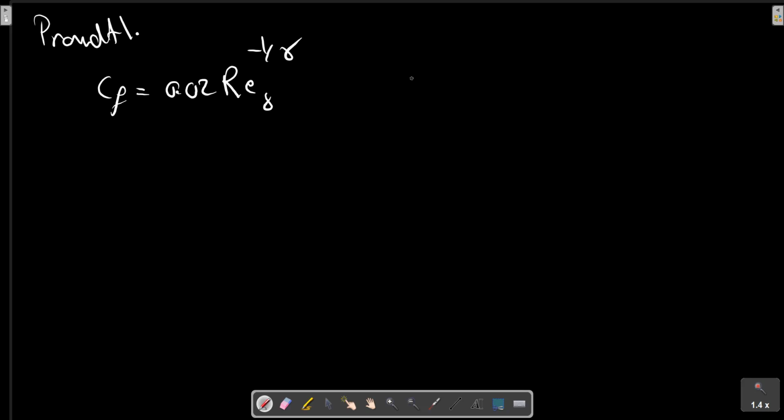For the right hand side we need CF. For the left hand side, the Reynolds number and the friction coefficient